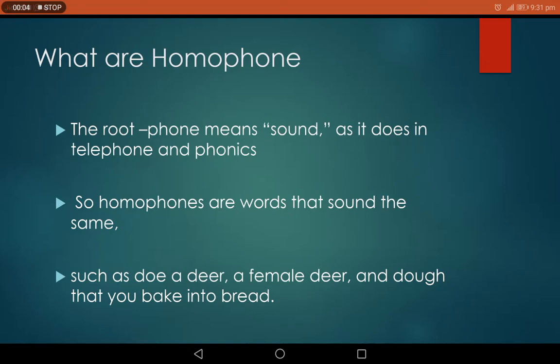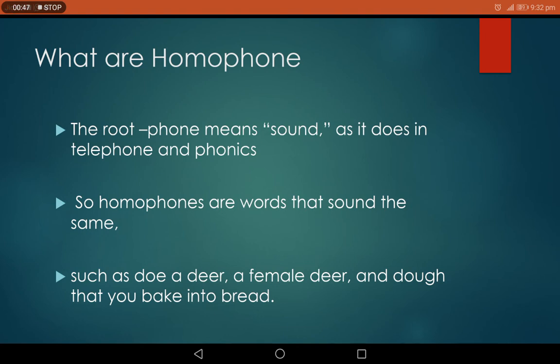In the last class, we discussed the origin of the word homophone. Now, again, let us try to find a deeper meaning of the word homophone. The root phone means sound, as it does in telephone and phonics. And we already know that homo means same. Since this is a word derived from the original Greek homo, same, and phone, that is voice or utterance, homophones are words that sound the same,